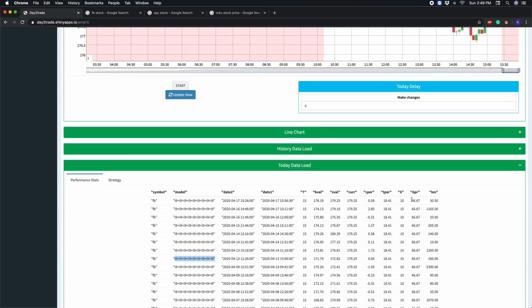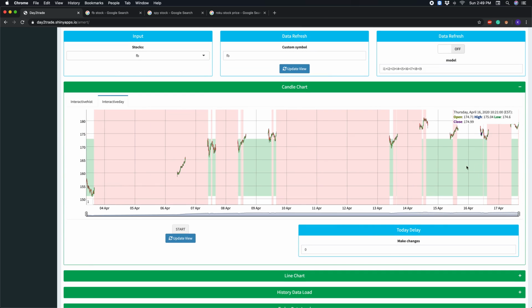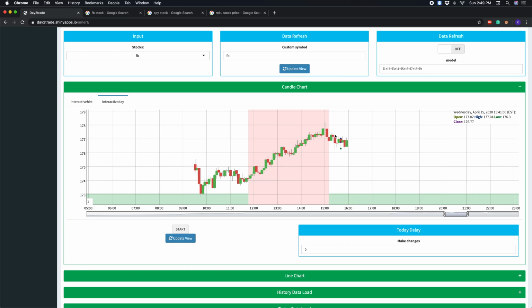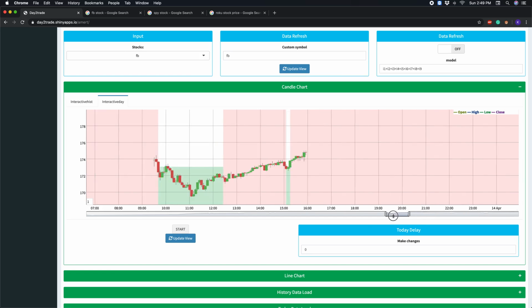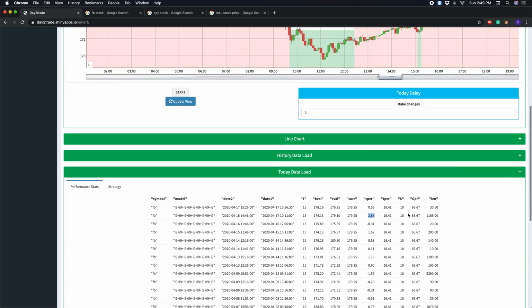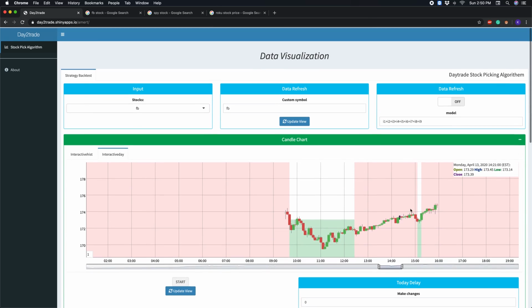And you can see 66% and 18%, a good amount of decent profit, and you can see the selection points here. It's pretty good selection on that day, and this is also a nice selection. There are a couple of trades which we lose. That's why the probability is around 66%. We're not at 100%. Out of 15 trades we made, 10 trades are successful, and a total of 18% we got, and the probability is 66%. And the current value is 179.24.